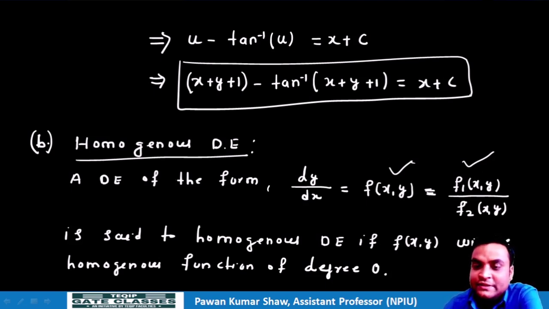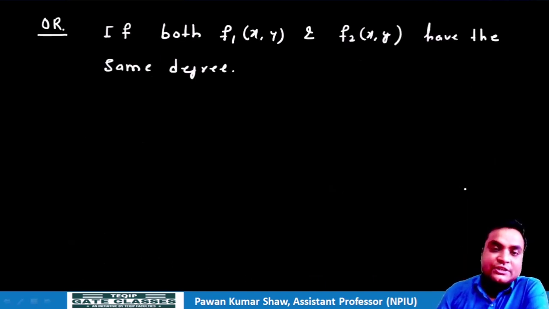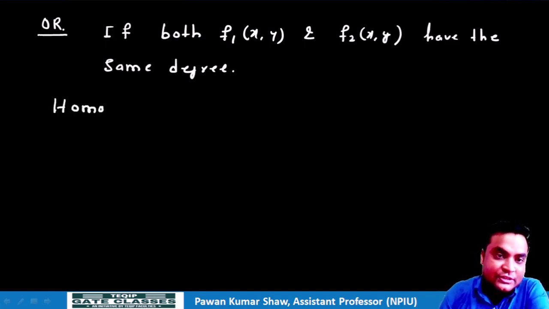और अगर हम ये फंक्शन ले रहे हैं, in that case f1 function and f2 function have the same degree. इन दोनों फंक्शन की डिग्री क्या होगी, same होगी. Okay, now the question is: what is a homogeneous function? So here I am going to write one definition, what is the meaning of homogeneous function. So पहले हम समझ लेते हैं कि homogeneous function होता क्या है.